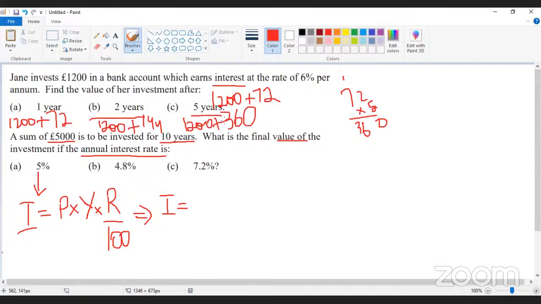Okay, so it is 1,272. I understand the concept, sir. But I want to ask an additional question. I tried using the formula for compound interest. Would I be wrong for doing that? Because it is not mentioned as compound interest over here. So whenever the question just says the interest, I will go only with simple interest. I would not go with compound interest. In both these questions, they have just told you to find the interest. They have not mentioned the word compound interest. If they mention it, then I have to go with compound interest.